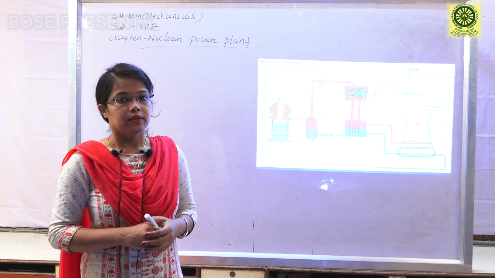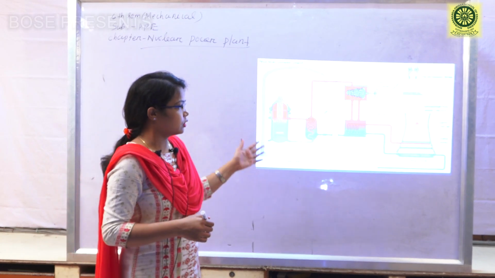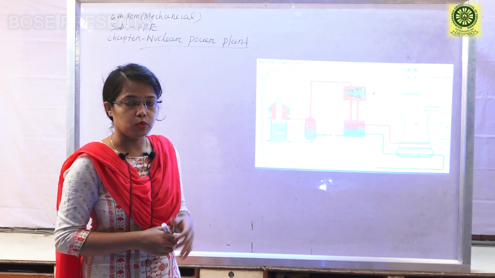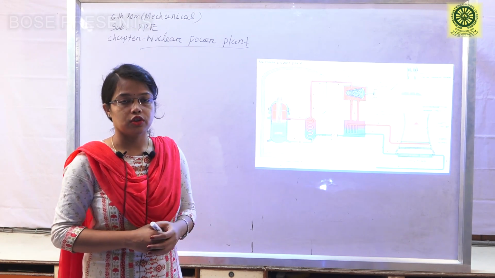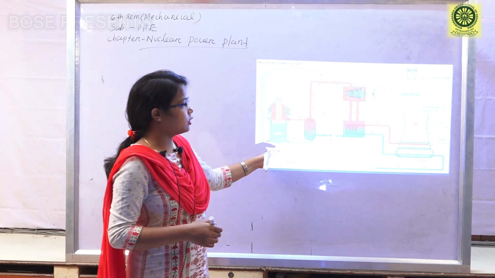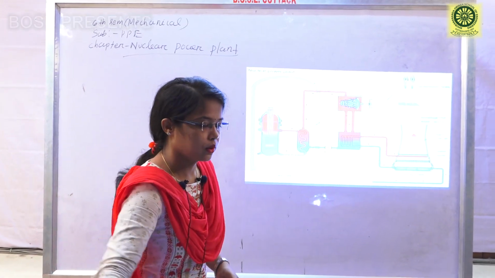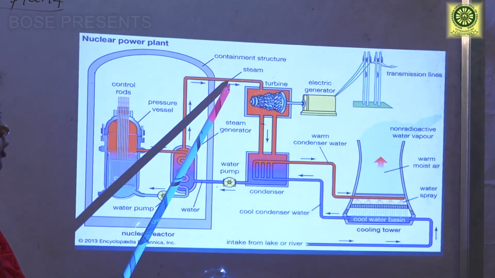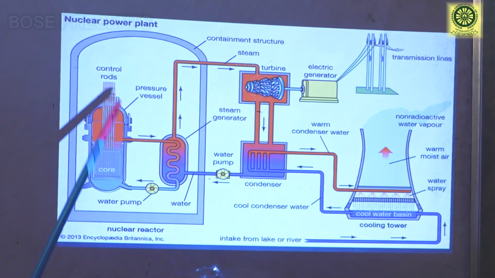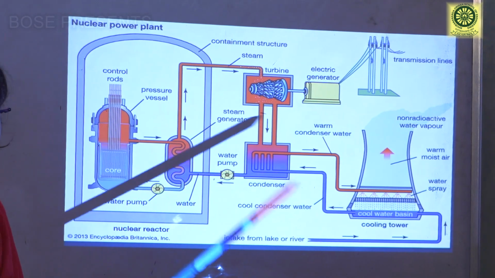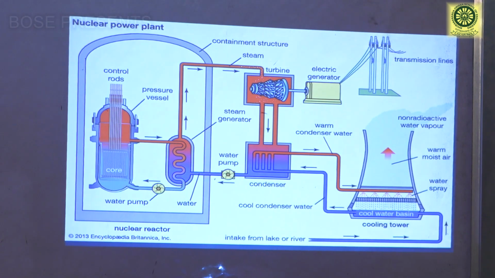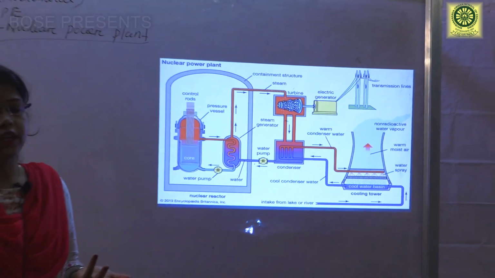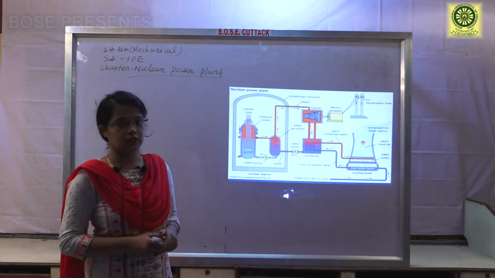Clear? There is not much difference between the steam power plant and the nuclear power plant; the one difference is the generation of steam. Here also we are using the same steam in the steam turbine, but the process of generation of steam is a little bit different in the nuclear power plant. In the steam power plant we are using the boiler. In the boiler we are producing the heat, and by using that heat we are generating the steam.